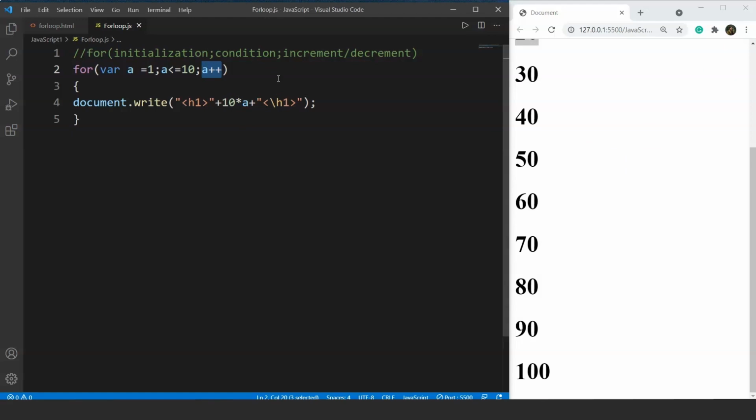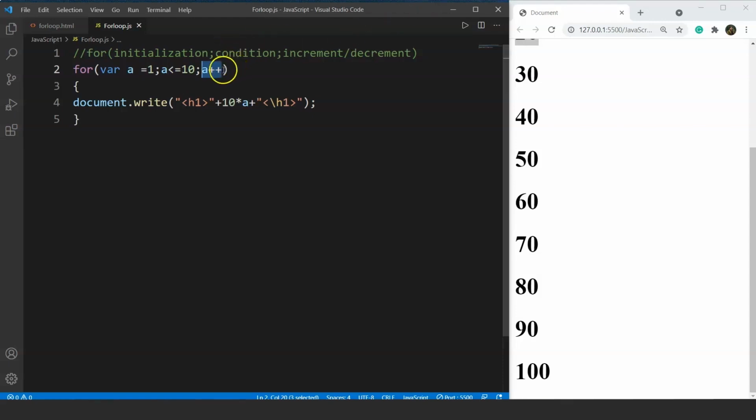So this is the basic working of the for loop. We'll go through one more program wherein we'll print the odd numbers between 1 and 10. So what are odd numbers? Odd numbers are those numbers which are not divisible by 2, right? So we have the odd numbers as 1, 3, 5, 7, 9 and we want to print them. So the difference between each number is 2. The 1 plus 2 plus 2 plus 2 till 9, right?